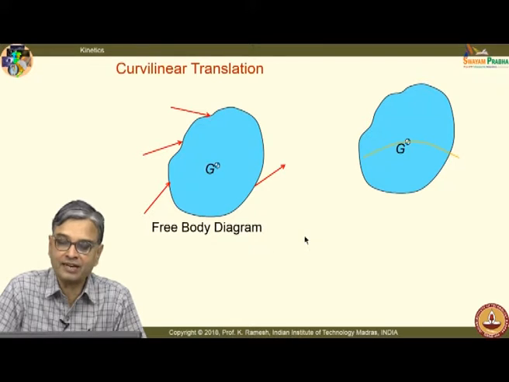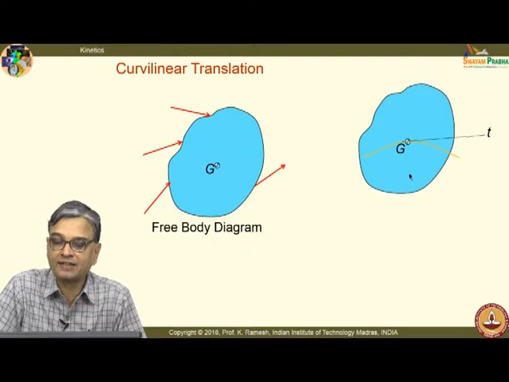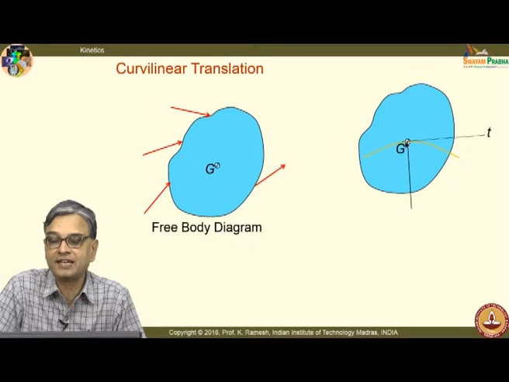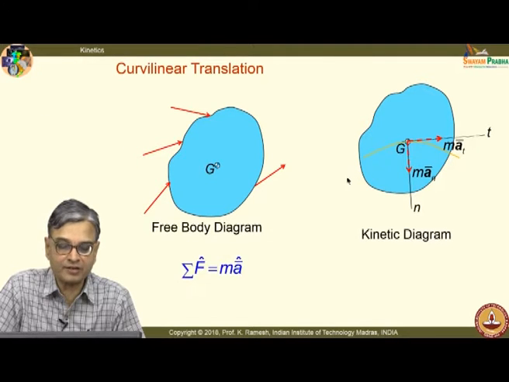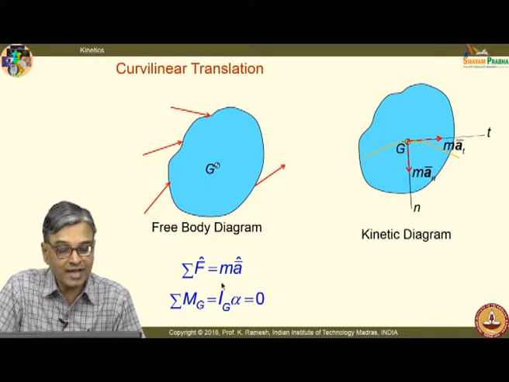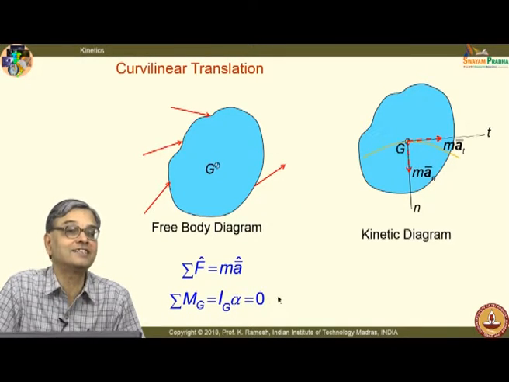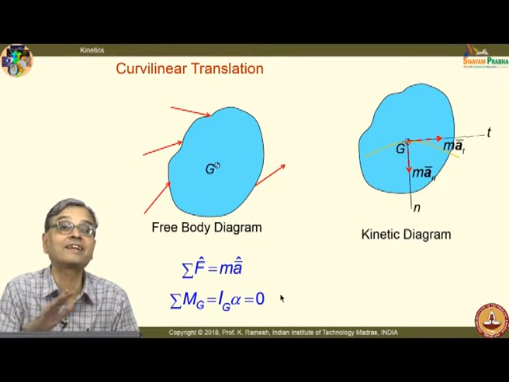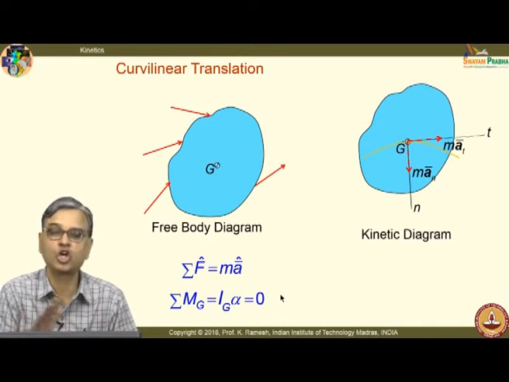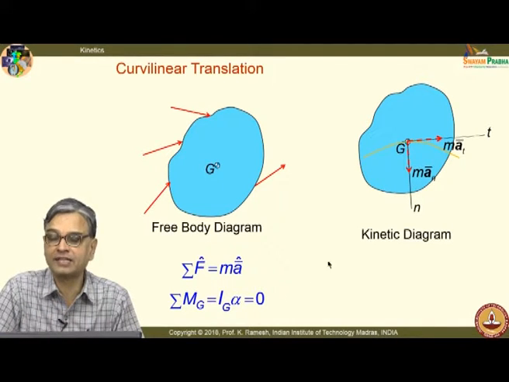And when I have curvilinear translation, all my quantities are dictated by the path. So, it is easier for me to have normal and tangential coordinates and express the forces like this. Okay. And what are the governing equations I have? I still have F equal to ma, and I also have the situation that rotation is 0. I can have a curvilinear motion, but it is a curvilinear translation. We would solve problems related to that, then you will appreciate this.